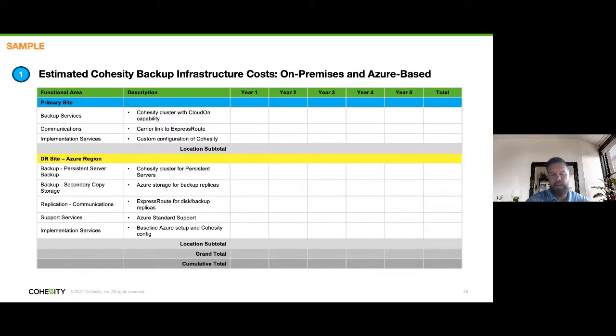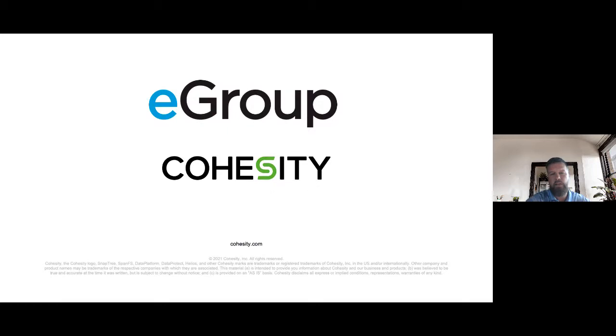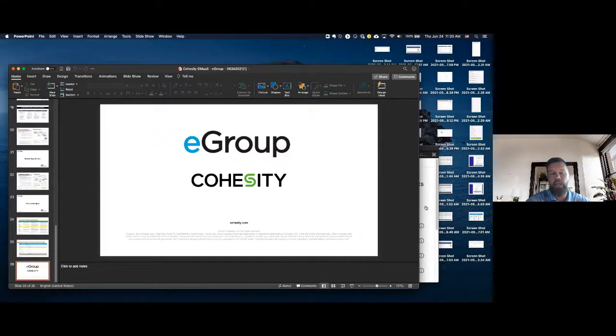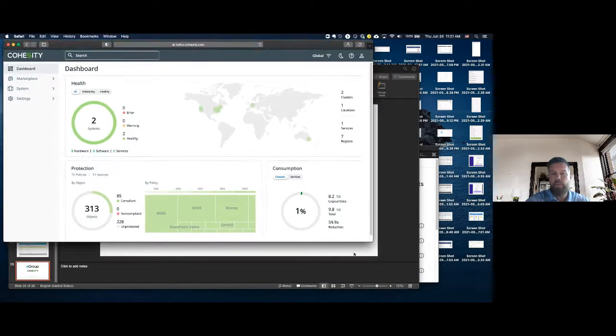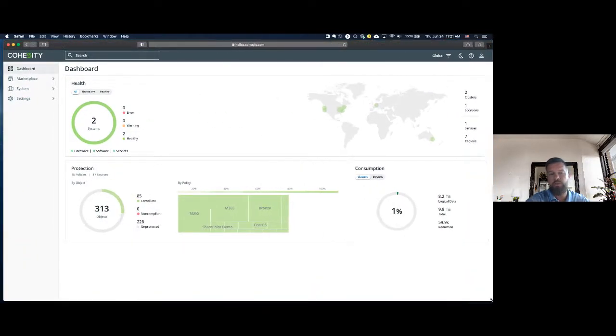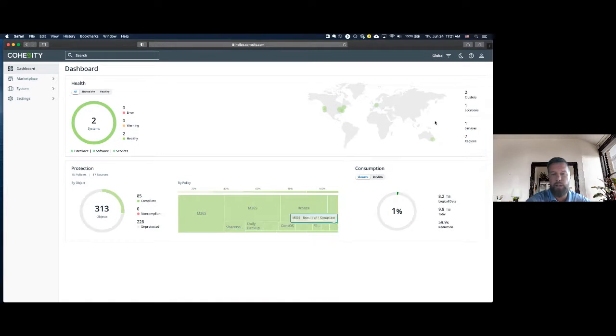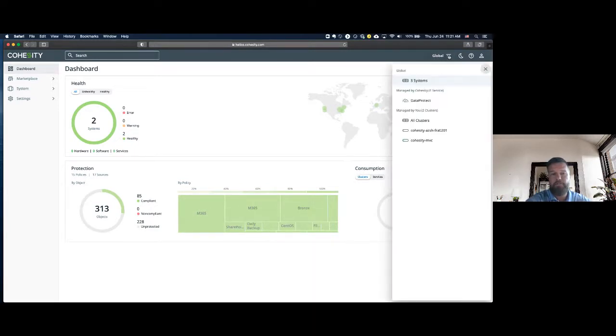Travis, that's all I have on my side. We wanted to make sure that the two calls to action coming away are obviously the free trial that we're more than happy to help you get set up, but also to keep in mind the cloud backup assessment that our team offers and most of the time can get funded on your behalf. And I see you pulling up the dashboard there, so I'll turn it back over to you for the last 5-10 minutes or so.